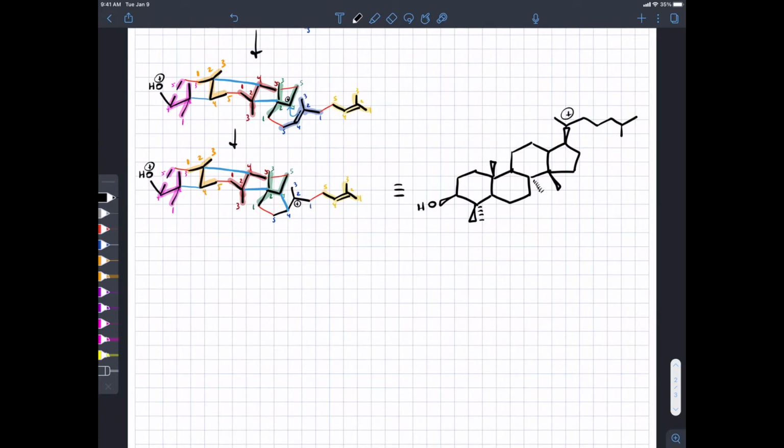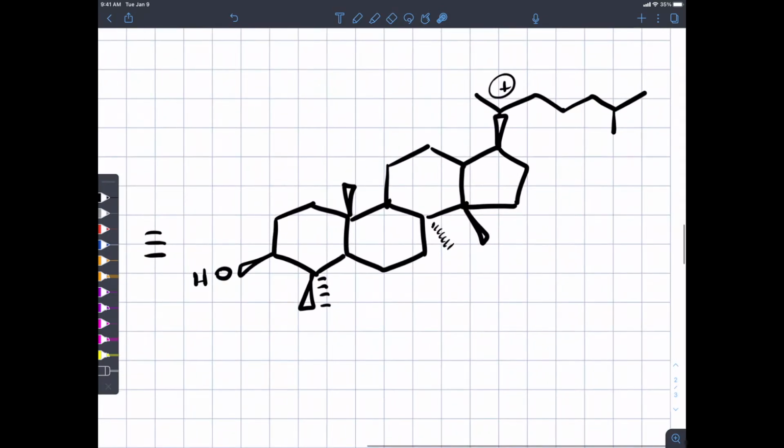We've established the core structure of steroids and cholesterol, but we've got methyl groups and everything in the wrong place. So now your favorite thing, a carbocation rearrangement, is going to happen. And like what we just barely did, it's going to be a cascade of reactions. So you learned in 351,